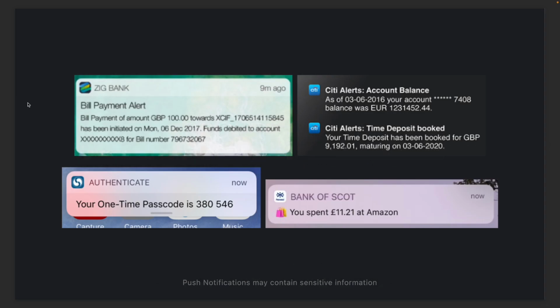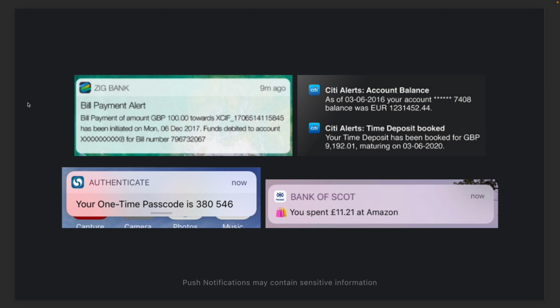Every day we receive a lot of push notifications, from social media interactions to more delicate and private information such as banking accounts, one-time passwords, or also purchases at online stores. This information travels from the application server to the application in the device, across multiple providers. Even though the communication between those providers is encrypted, mostly because it's HTTPS, the content of the push notification is